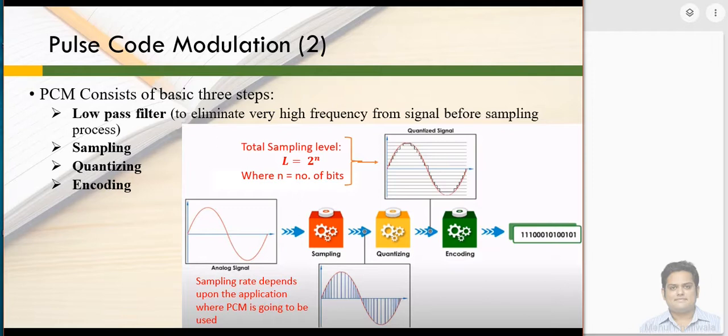That means you are taking 1 megahertz, or 1 into 10 raised to 6, samples per second. As you take more and more samples, you make sure that at the receiver end we get the original signal back in its exact shape.